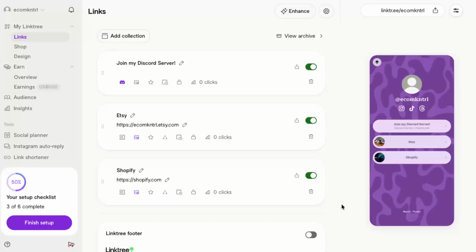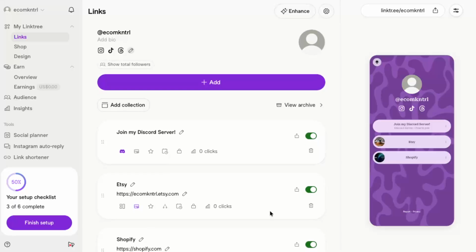In today's video, I'm going to teach you how to add a WhatsApp link in Linktree. This is really useful if you want people to reach you or join your WhatsApp group directly from your Linktree profile. I'll walk you through each step slowly, and you can pause the video at any time to follow along